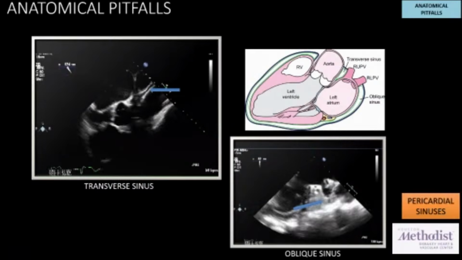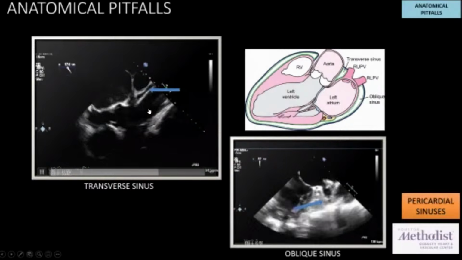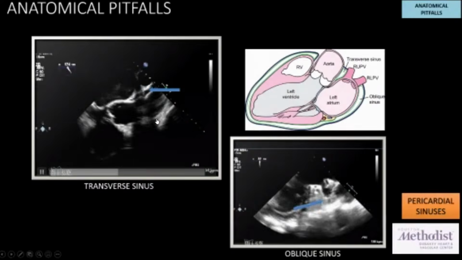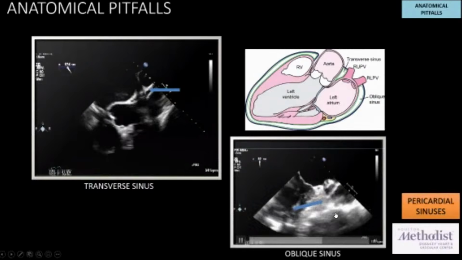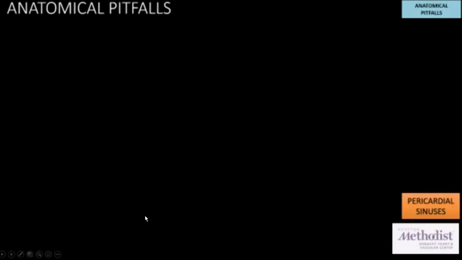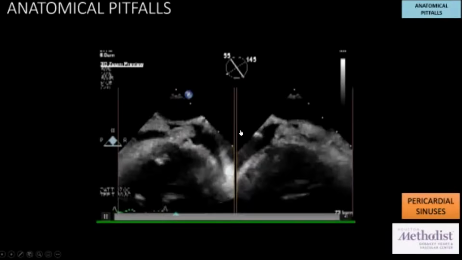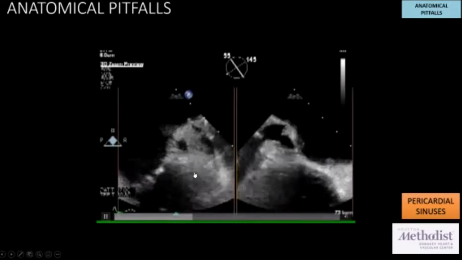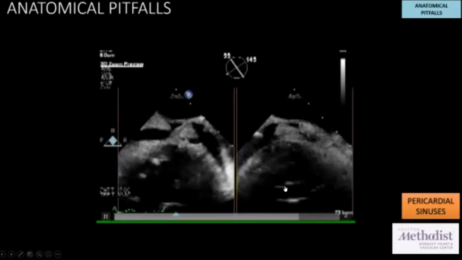How about some sinuses, right? We often see some pericardial sinuses, and we actually see them more often on TEEs. The transverse sinus is frequently located between the aorta and the pulmonary artery, and the oblique sinus is behind the left atrial appendage. And these are more prominently seen when there is fluid in the pericardial space. Sometimes it's very important because epicardial fat pad can be seen in the transverse sinus and also the oblique sinus, and they can resemble left atrial appendage thrombi. So it can be mistaken, but if you notice it's just fat in the oblique sinus,